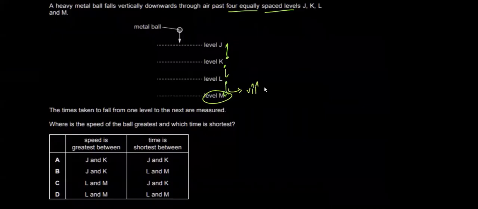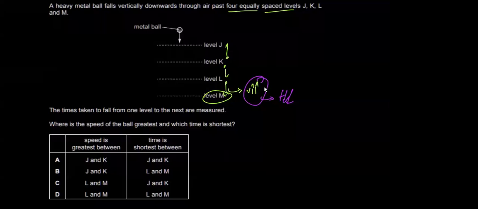And time is shortest between which two points? Now, this is pretty simple. If the speed is highest at this point, that means the time is also going to be the shortest. No, it remains same, okay? Remember, if the speed is the highest,